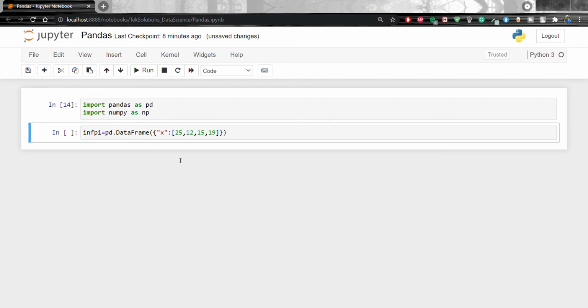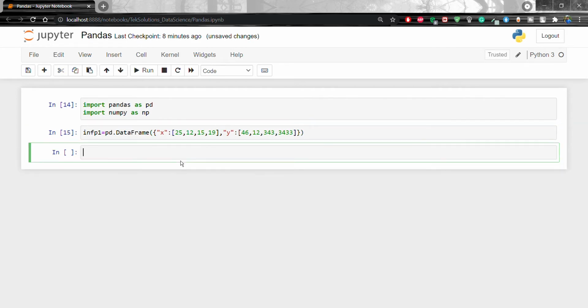And the y column, that is 46, 112, 343, 3433. Okay, shift enter, and you will not get any output. This is the one data frame.